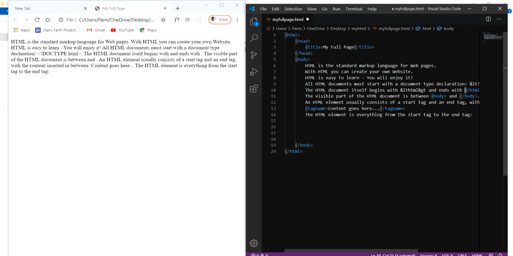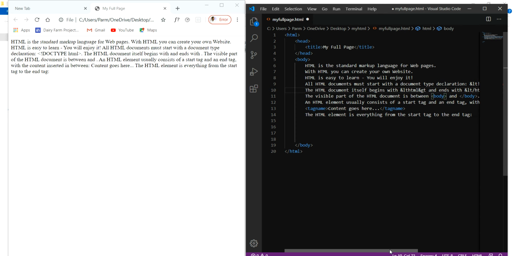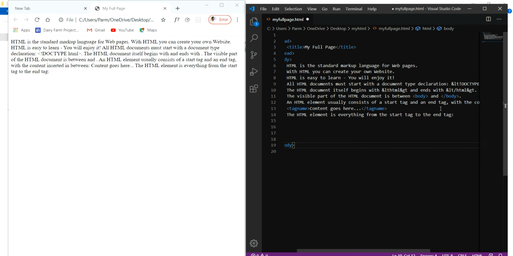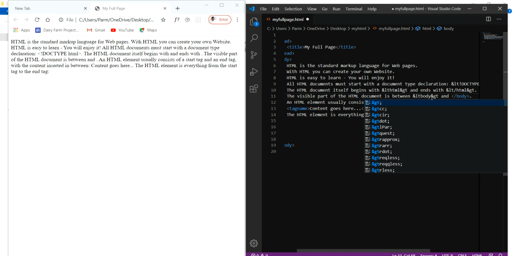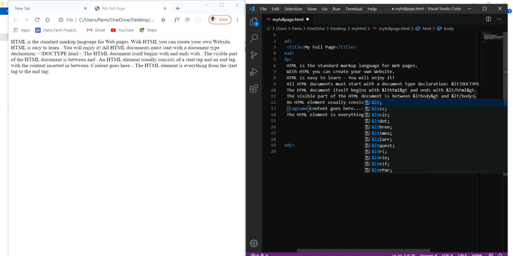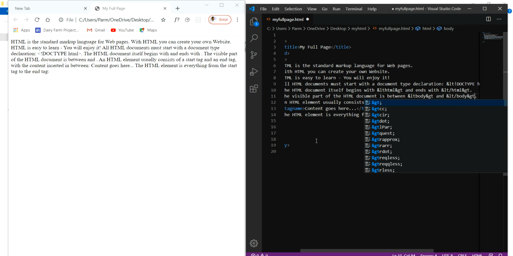Here again &lt, then &gt. We can also do it for the rest. &lt, &gt, &lt, &gt.